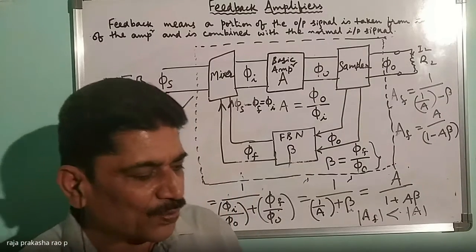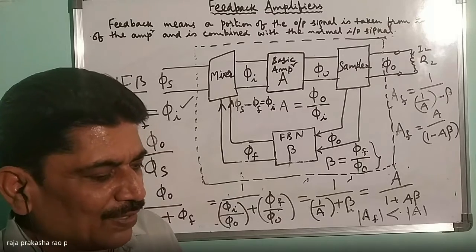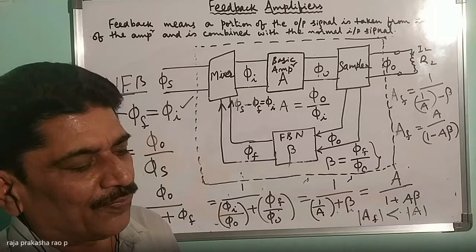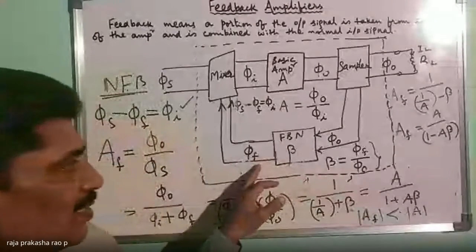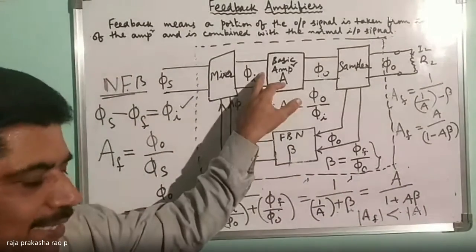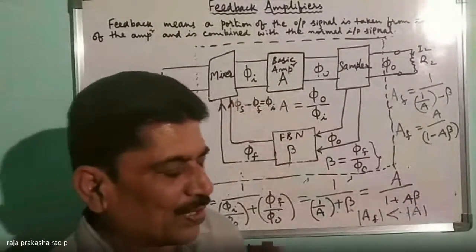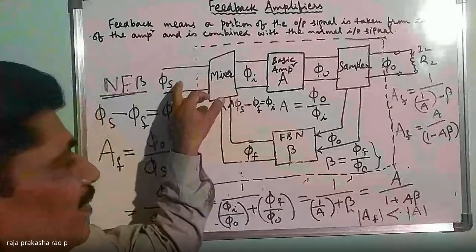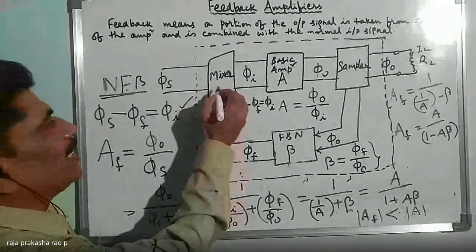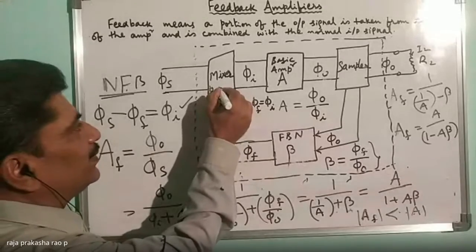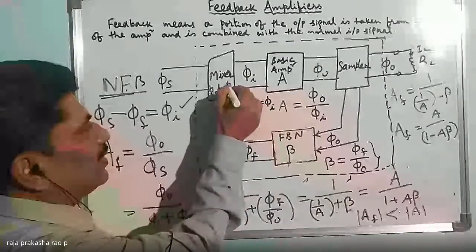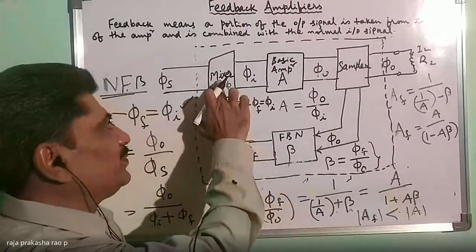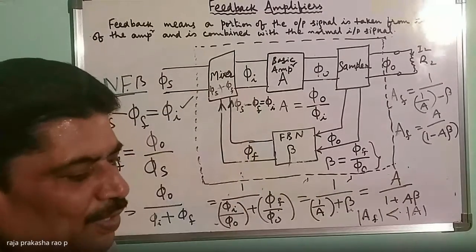Now the sample of the output signal is in your hand, that you can add to the input signal or you can subtract the same amount from the input signal. Positive feedback ఏం చేస్తామంటే just add చేస్తాం. That is 5S plus 5F is equal to 5i. ఈ మిక్సర్ తర్వాత whatever the output of the mixer, that will be assigned to 5i. మిక్సర్కి ఇన్పుట్ వచ్చేసి 5i. What is this mixer doing? It is mixing 5S and 5F. That means it is adding 5S and 5F. For positive feedback it adds, put a plus between these two. For negative feedback it subtracts.